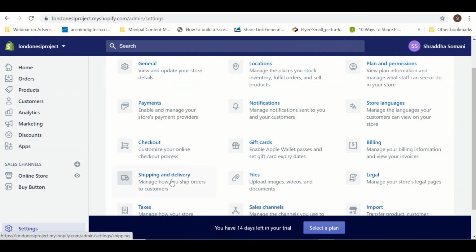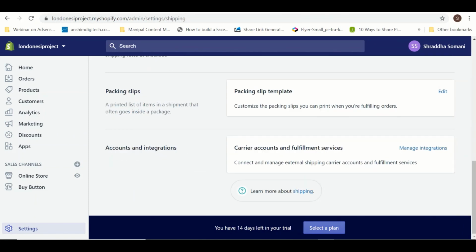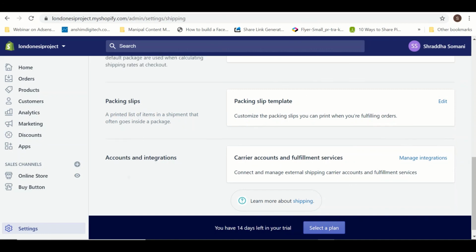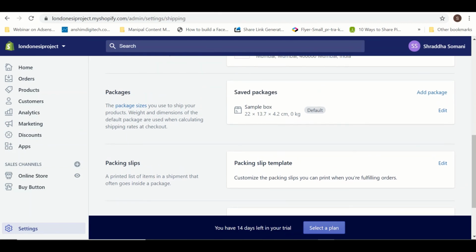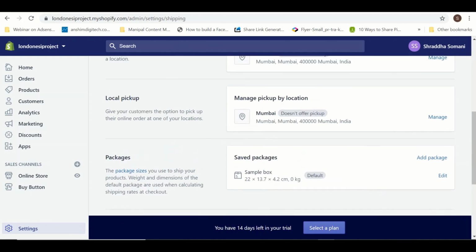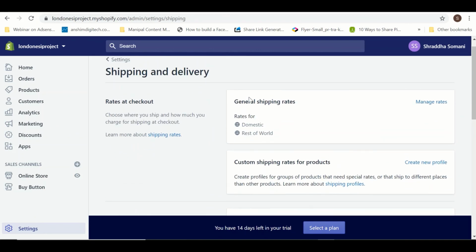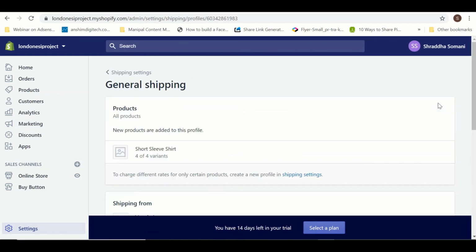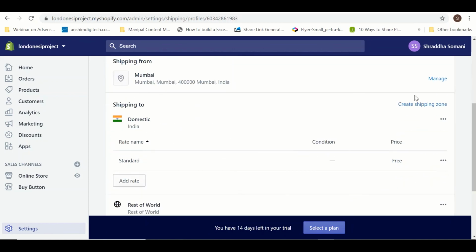Okay, so I want to tie up with the deliveries. So what I can do is an account integration with the deliveries who will be doing the fulfillment service. I can manage the integration with them. So first of all I have to tie up with them, and there will be an integration that is provided to me, right? I can also add the shipping charges and delivery charges if I want. So if you can see from here the general shipping rates, I can specify country wise, location wise, city wise. Okay, for the products which I have I can specify the rate.